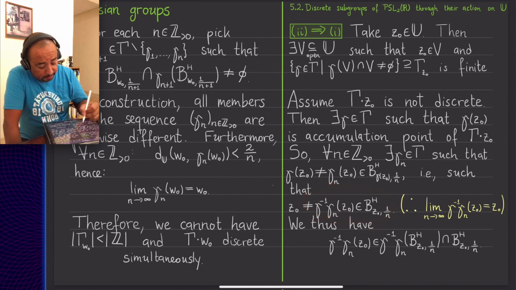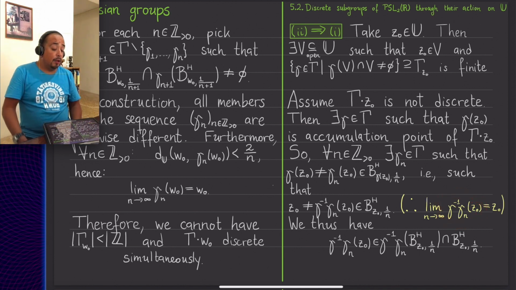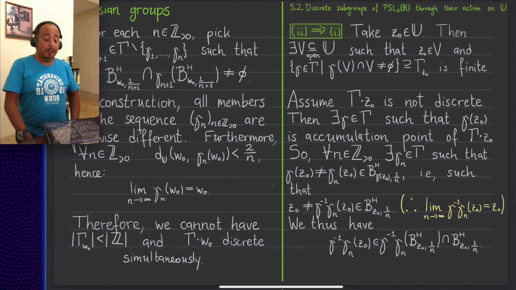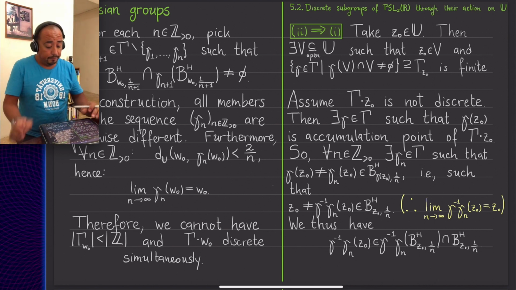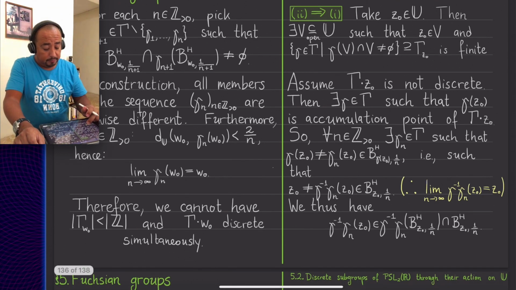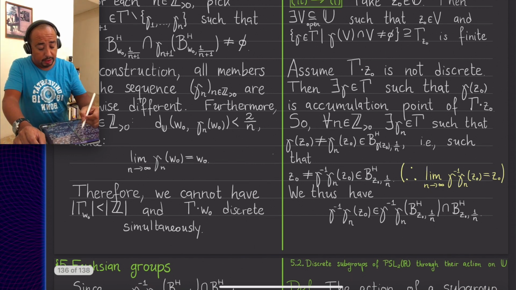This, you see, and since the center here is the same, here I also have this for m greater than n. So I see that Z0 is the limit of this sequence. Okay, this is going to play a role later on. But so you see now the thing is, for any given n,